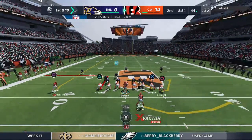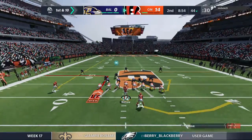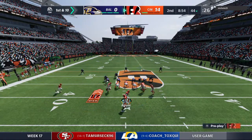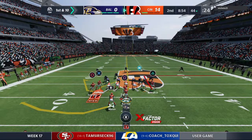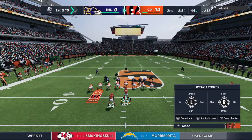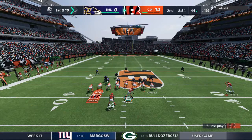Coming out with a jumbo package to start the drive. Not today, you are. Not today. Watch twins. Watch twins. Ford is the look. 18